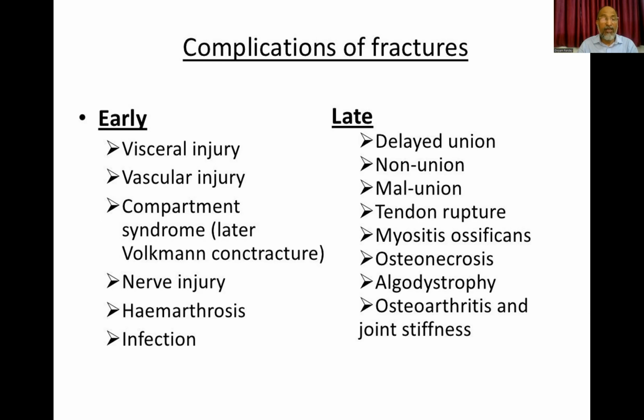because the infection is there and the patient has got debilitating chronic problems like diabetes mellitus or rheumatoid arthritis or SLE or some other condition, or a tumor or a malignancy, or the patient is on immunocompromising drugs. All this can lead to infections, and later on the complications of the fracture can be delayed union, non-union, malunion, tendon ruptures, myositis ossificans, osteonecrosis. Then you have got algodystrophy, then you have osteoarthritis and joint stiffness,